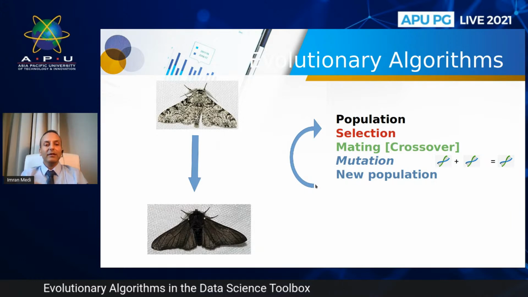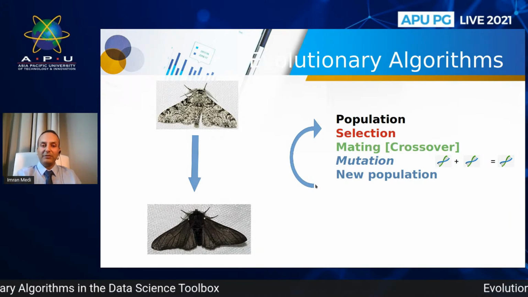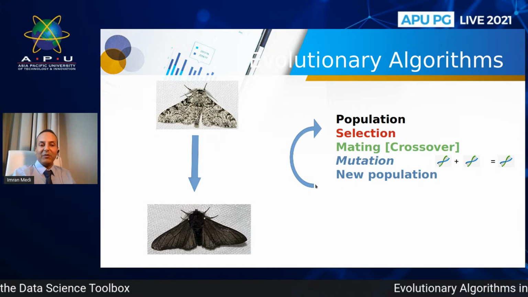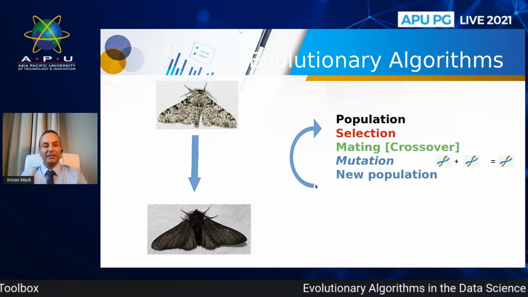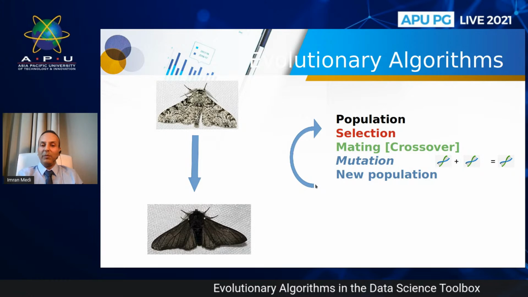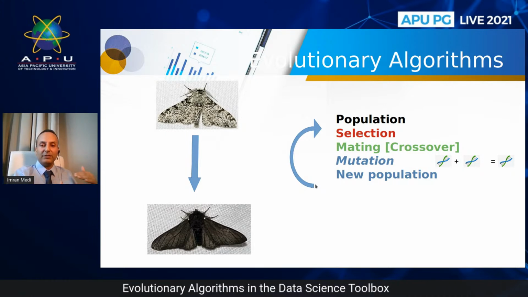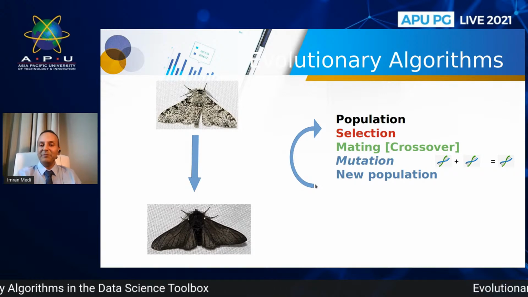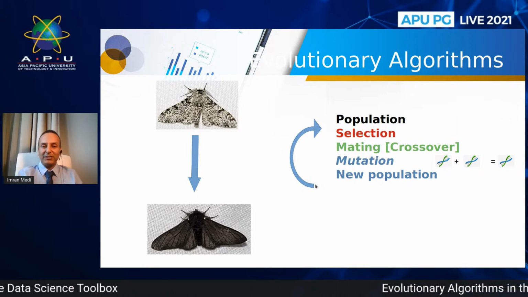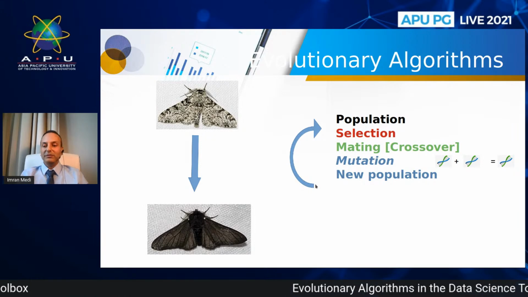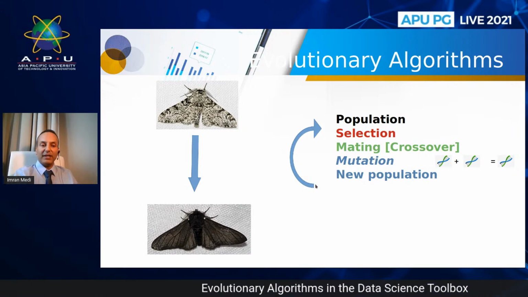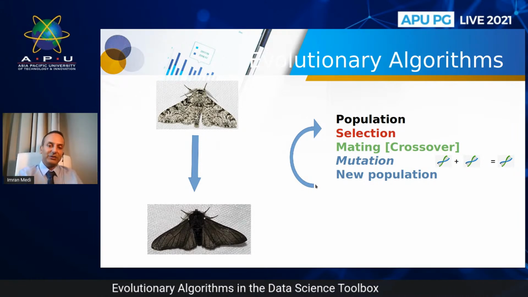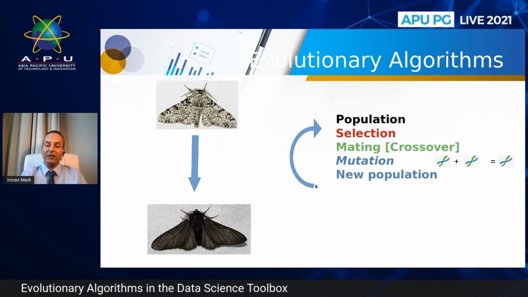Okay, and things worked out quite well for the moths. So the population recovered. They were able to better hide and better blend into the black lichen. And what basically happened was the population recovered over time. Things are cool, no issues. But then we reached the end of that first industrial revolution. And so slowly but surely, the environment started to recover, less pollution in the air, less soot, and the lichens started to change color again.